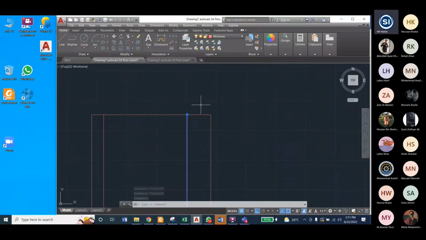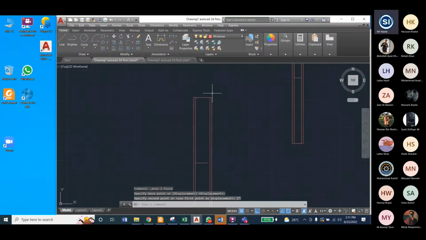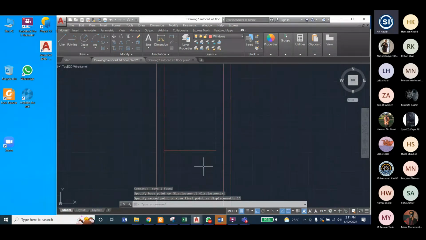Go to modify, move, from here 1 inch. I will write 1 inch, 1 inch, enter. So it is moved now. So the window is ready. Now this line is shorter, so I will